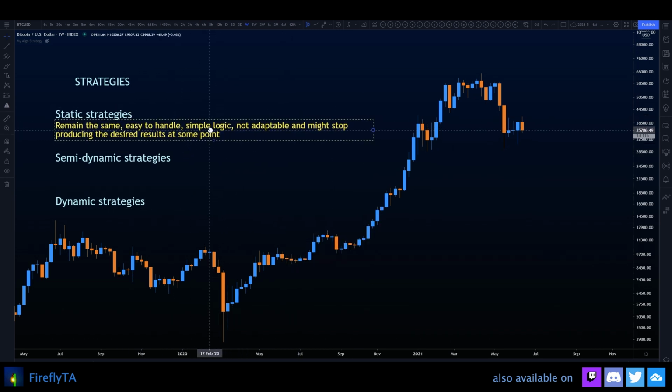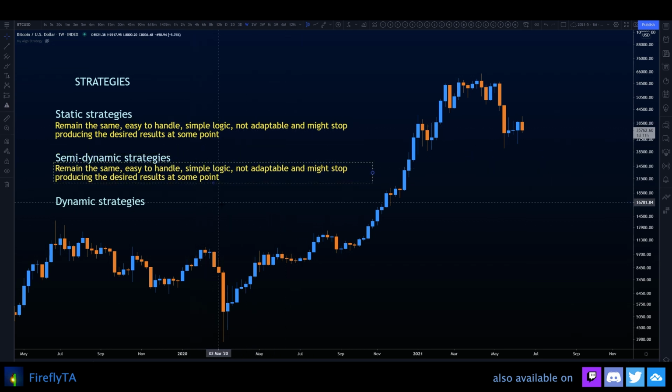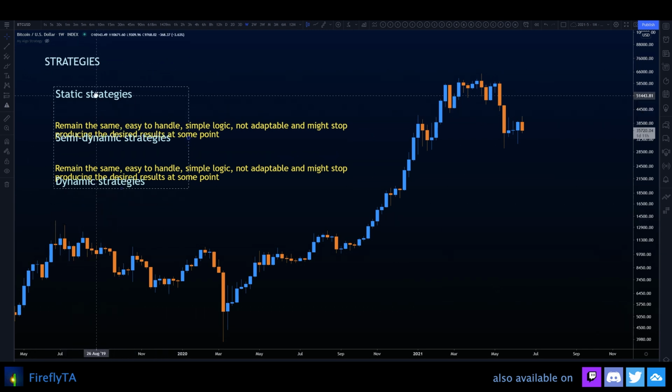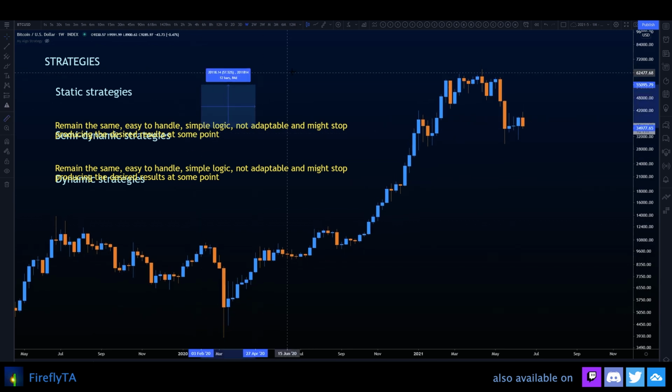Okay, doing it like this. And then you have the semi-dynamic strategies. And these strategies are actually some kind of trade-off. They are easy to handle, but on the other side, they are maybe a little bit more dynamic than these are. But let me talk about dynamic strategies first, so we know exactly what we're talking about